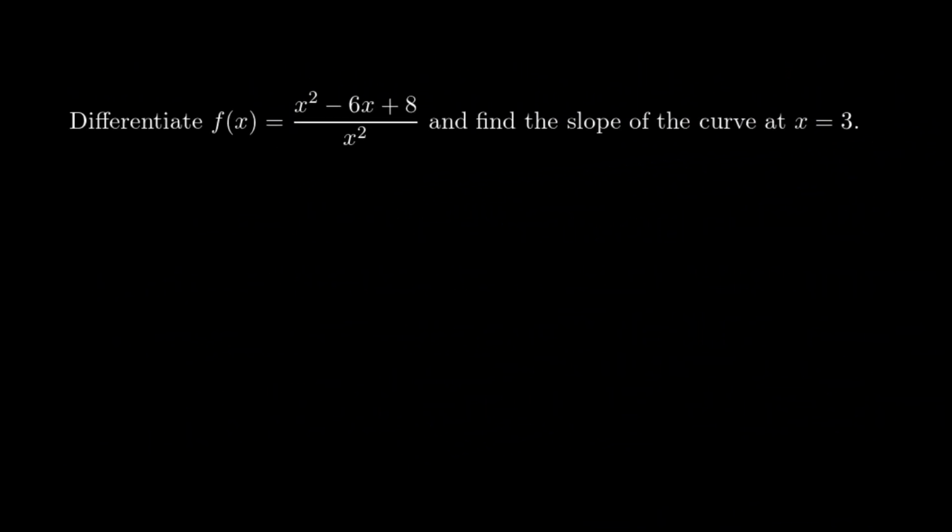Okay, in our next example, our last example, we're going to differentiate this function f of x, which is a quadratic divided by another quadratic, and find the slope of the curve at x equals 3, after we get our derivative, of course. So again, the power rule doesn't really look like an option here because this is a quotient of two functions, and we haven't dealt with quotient rules yet. And in the previous example, since it was a product, there is a product rule that we haven't dealt with yet. And honestly, even when we do deal with the quotient and product rules of differentiation, it's far easier to do what we're going to do in this video, which is just, in this case, not expand anything out, but write this as three separate